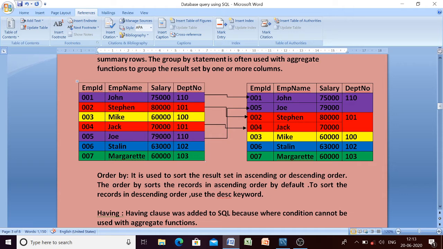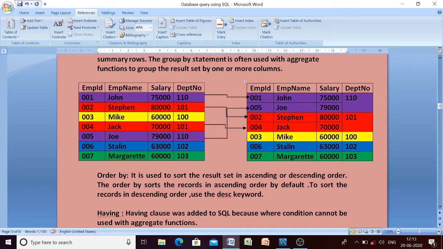So if we want to apply group by clause here on the basis of the column department number, then what will happen? The employees working in the same department will be in a single group. So here see, 110 department number belongs to employees John and Joe. So these two will come in a single group.